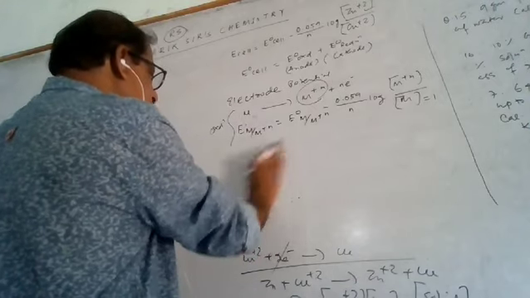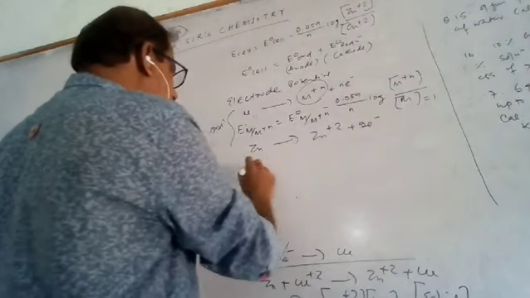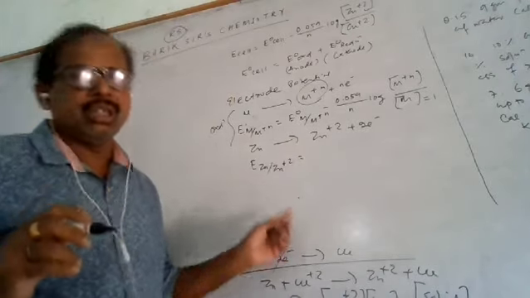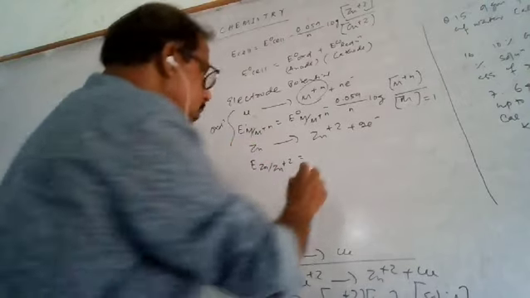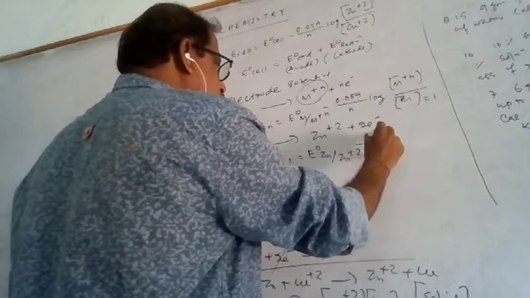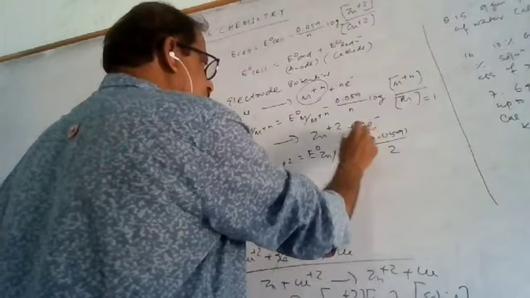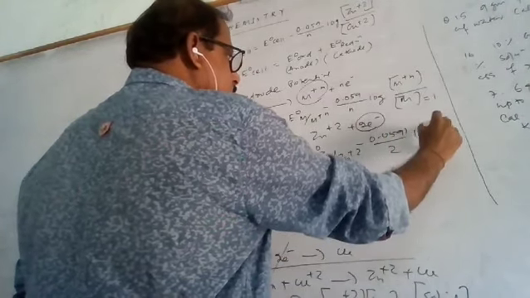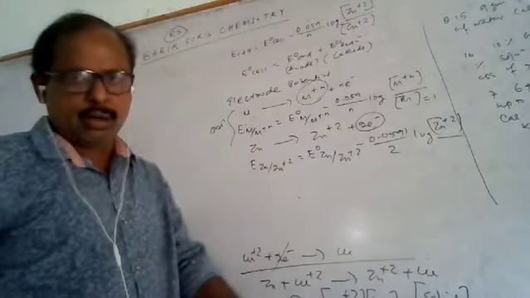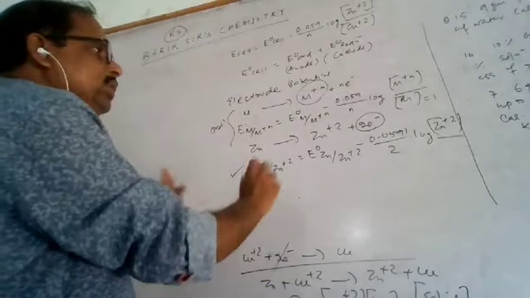Before I give the reduction potential, you see the Zn converted to Zn plus 2 plus 2 electrons. So the E Zn by Zn plus 2, the electrode potential of zinc at any concentration, is equal to E naught Zn by Zn plus 2 minus 0.0591 by 2, because the number of electrons exchanged here is 2, log Zn plus 2 concentration. I am not writing anything in the denominator because that value is equal to 1, since the solid concentration is equal to 1.